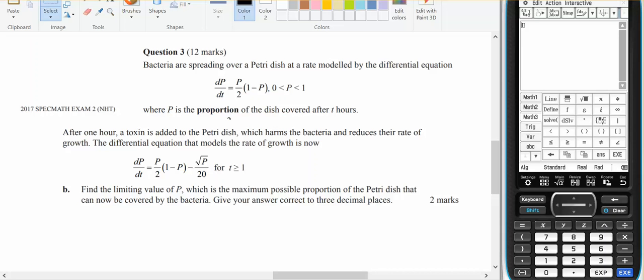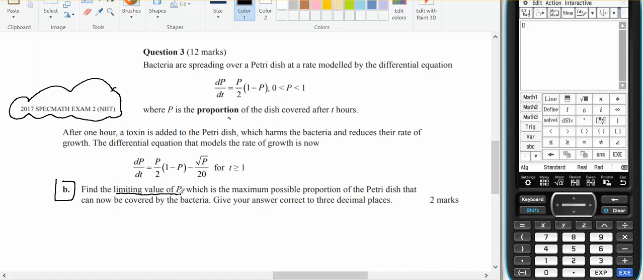This is for specialist maths. It comes out of the Northern Hemisphere 2017 Spec Exam 2, Question 3, Part B. It's a question that I was working with both Ming and Christine about, and it's about the limiting value of